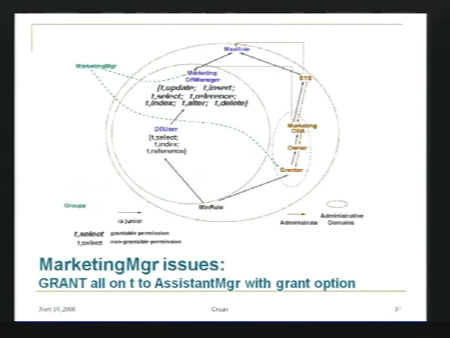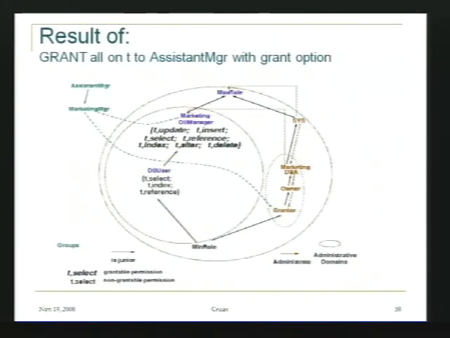If the marketing manager then wants to grant all their permissions, so these are all the SQL permissions here, on a table T to somebody else with grant option, well, all of those permissions are represented here by this role. So somehow I have to arrange for the assistant manager to be assigned to that role. And because they're also getting grant option, all of that stuff is currently represented by the role assignments of the marketing manager. And so in the group graph, we just assign the assistant manager to be a subgroup